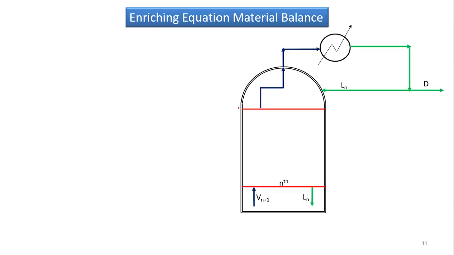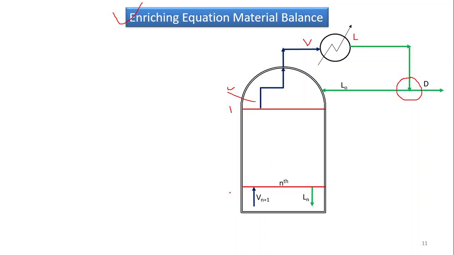So we have drawn one section, that is the enriching section of the distillation column. A portion of the enriching section is here. Let us discuss what happens at the top. This is the first tray, the top tray. Vapor is leaving from the top tray and goes to the condenser, where it is condensed into liquid. This liquid is stored in the reflux drum. Then a portion of the reflux drum is taken as L0, that is the reflux, and the second portion is taken as the distillate, that is D. So this is the concept of the top streams.